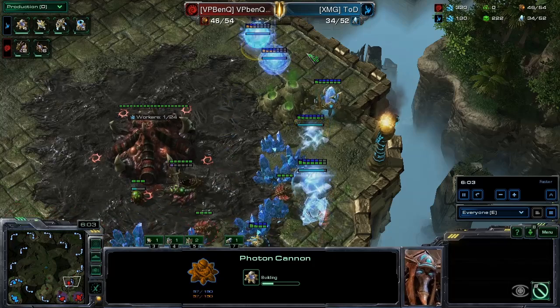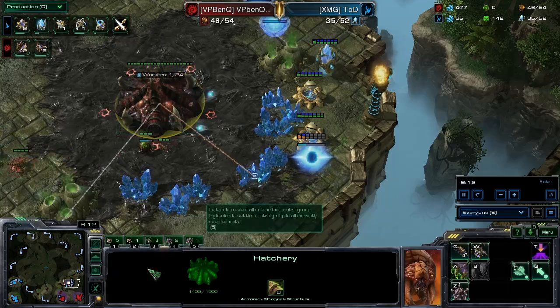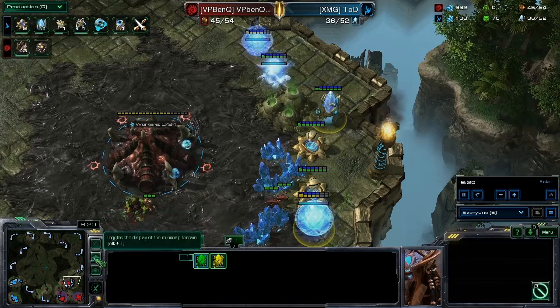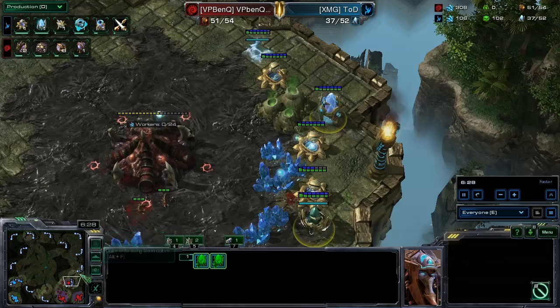It is a photon cannon. That's going to be a pylon. Now the cannons are complete, and so is that base. You cannot cancel it. This is still quite an expenditure here of resources by ToD. So that means that even if he does manage to kill this off, he still has spent quite a bit